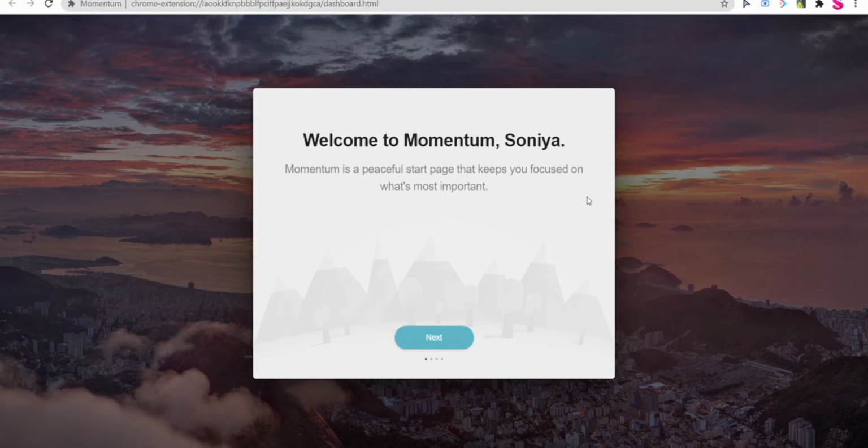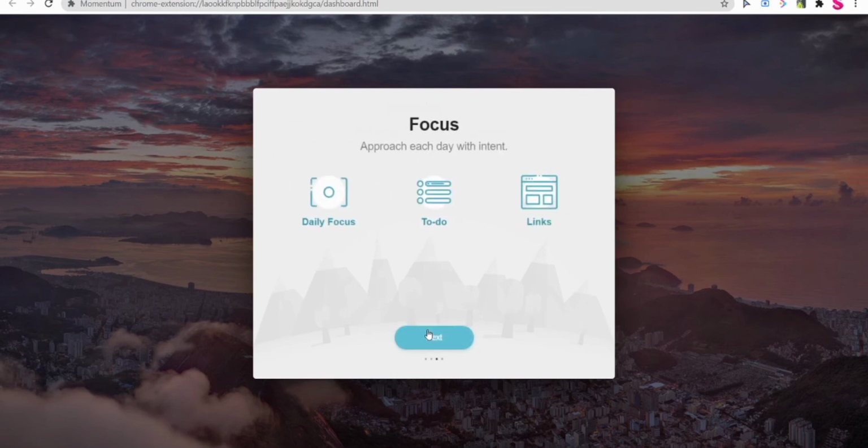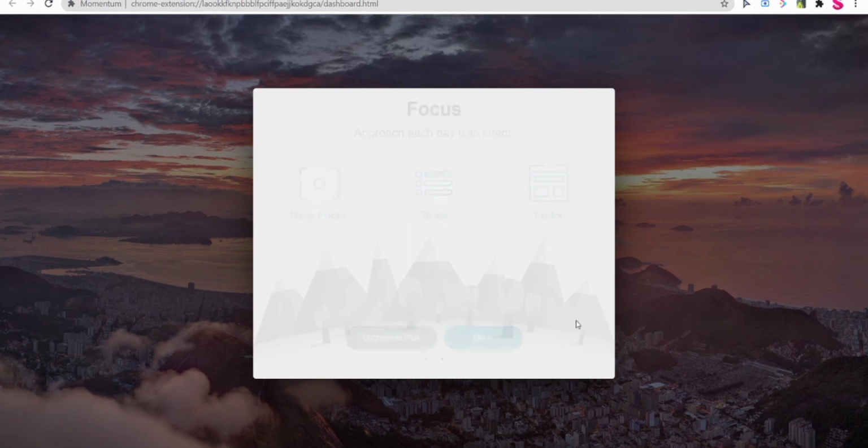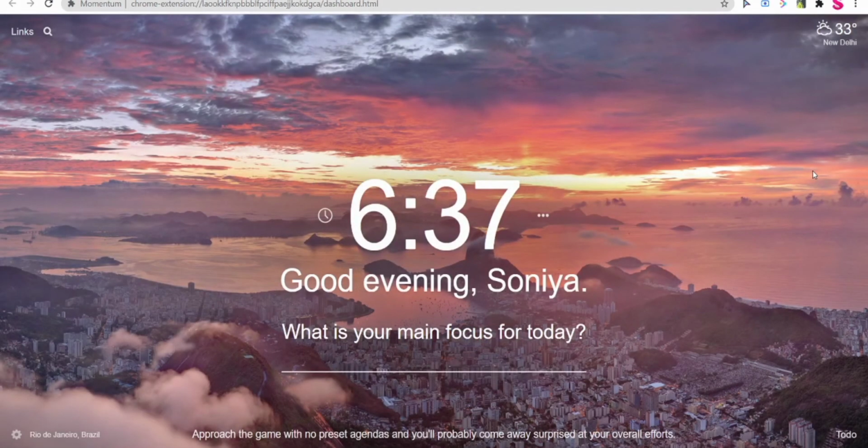Welcome to Momentum, Sonia. Click on the next button, then again next, then again next. Then click on the done button, and it will come like this. So it's done, and it will show you good evening, Sonia, and ask what is your main focus for today. So you can write your main focus for today, and you can search, like what's the weather today, from here only.